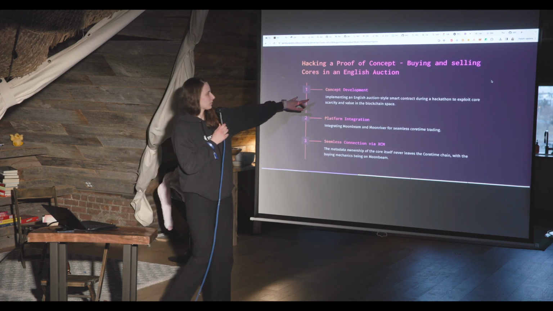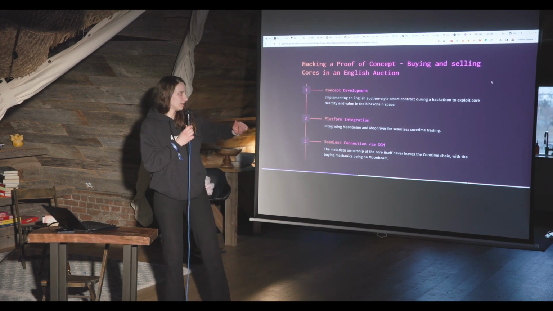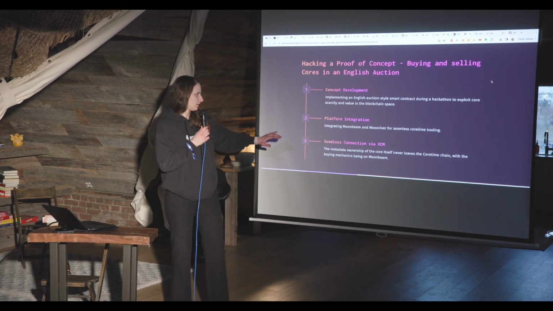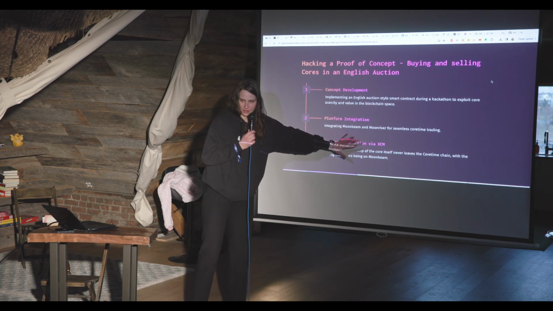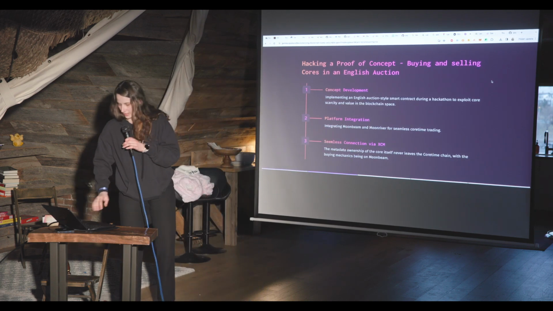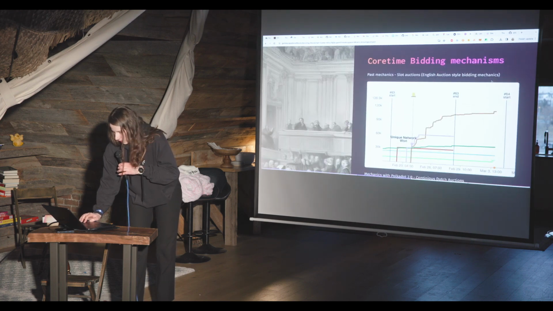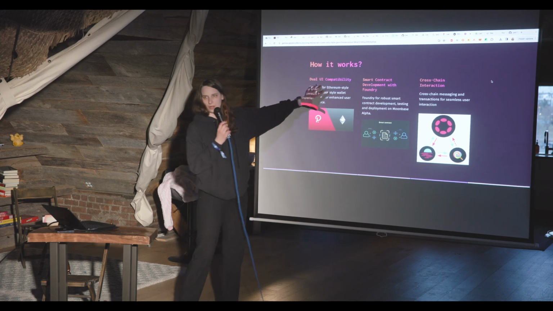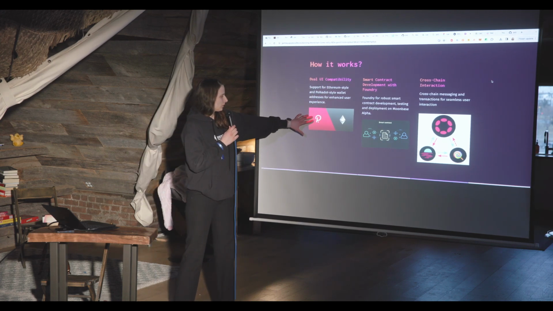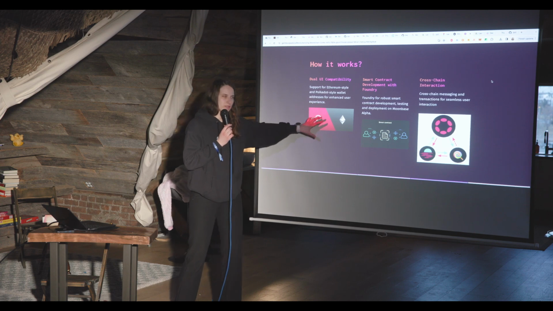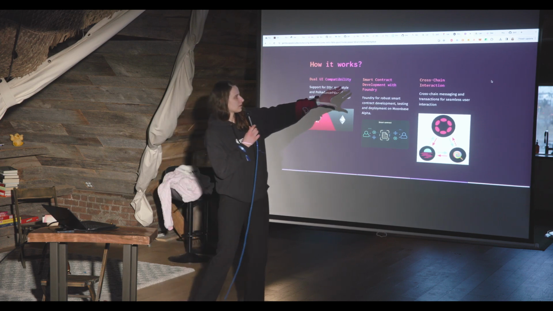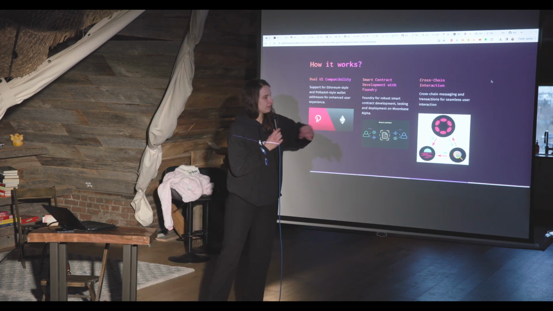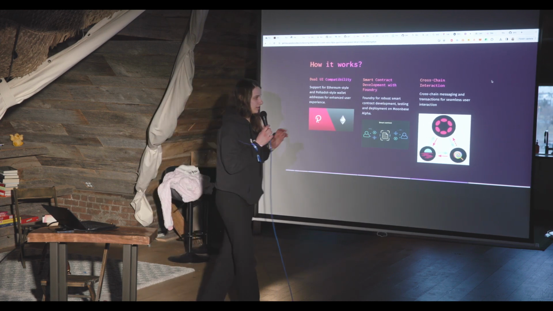So the core concept was to implement back the English style auction, and then we would integrate Moonbeam and Moonriver, and you would have a seamless connection via XCM, the cross-chain messaging protocol. So how would it work? You have dual UI compatibility. With Polkadot, you have Polkadot accounts and Ethereum accounts. Then the smart contracts were developed with Foundry. And we have the whole cross-chain interaction going on.